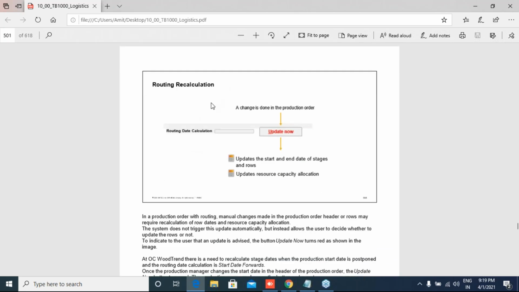Routing recalculation changes are done in the production order routing date calculation. One field is shown in the production order, Update Now, which updates the start date and end date of stages and rows, and updates resource capacity allocation.